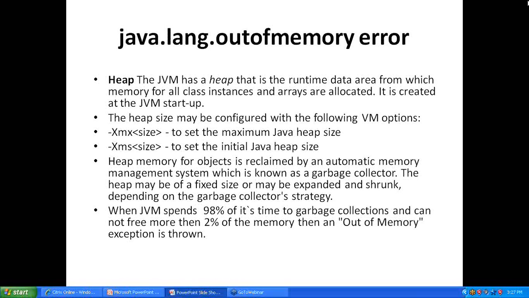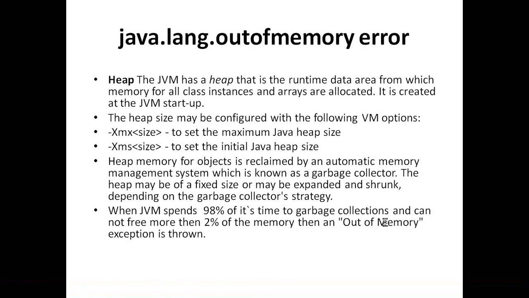It is nothing but the JVM memory. We all know that JVM has stack and heap. In stack, we store the local variables or the private references, and in the heap, we store class level variables and objects. So we should understand that instances and objects go into the heap.